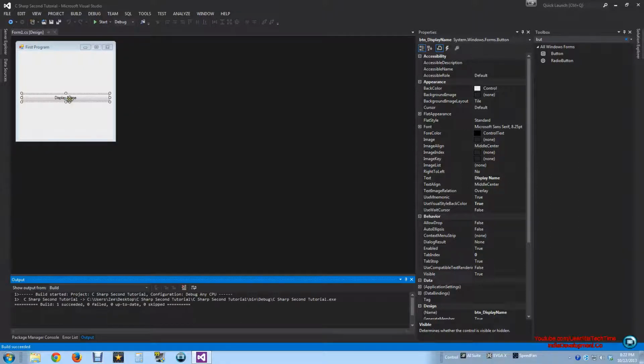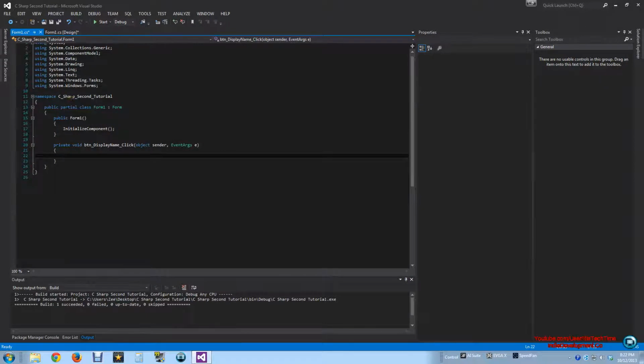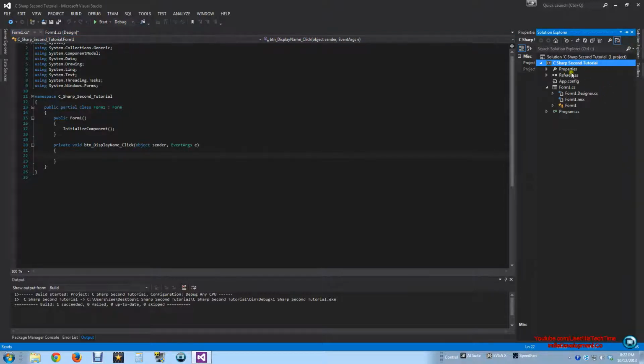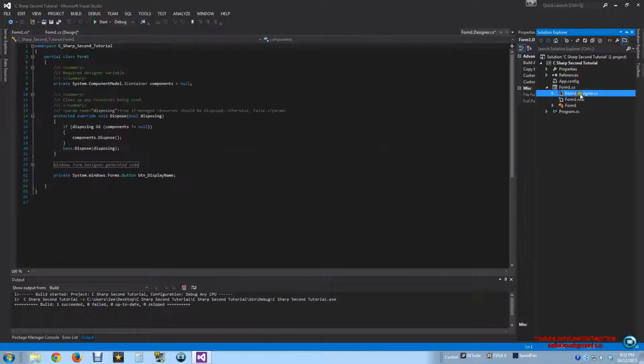Okay, I want to make it do something when the user clicks it. To make that happen, I can double click it. So let's double click it. Bam, you are inside the form1 class. This .cs stands for class. How do I know that? Let's minimize the toolbox because I'm not going to need it as much, but let's keep the properties. If you go to Solution Explorer, right here, you see form1.cs. Inside it, there's the designer, and inside there is,